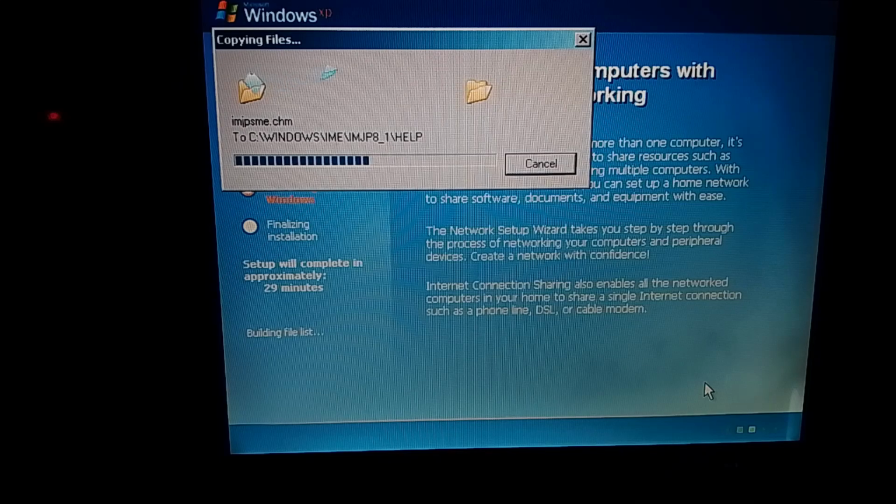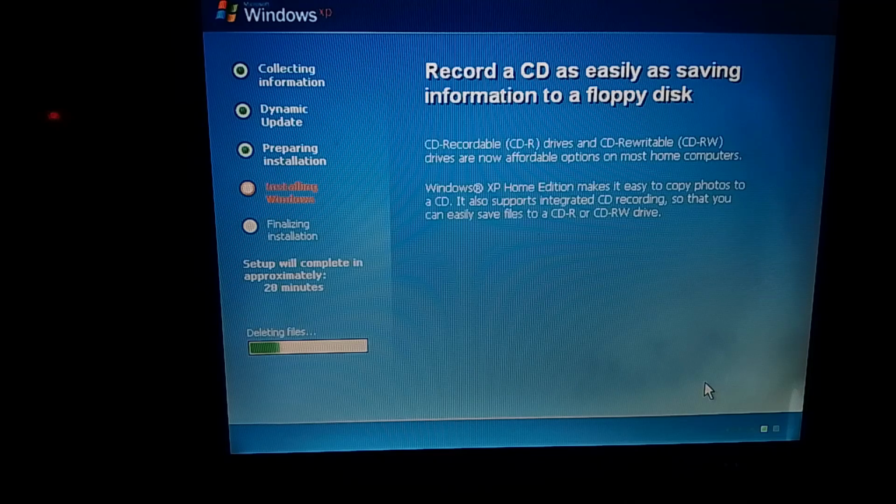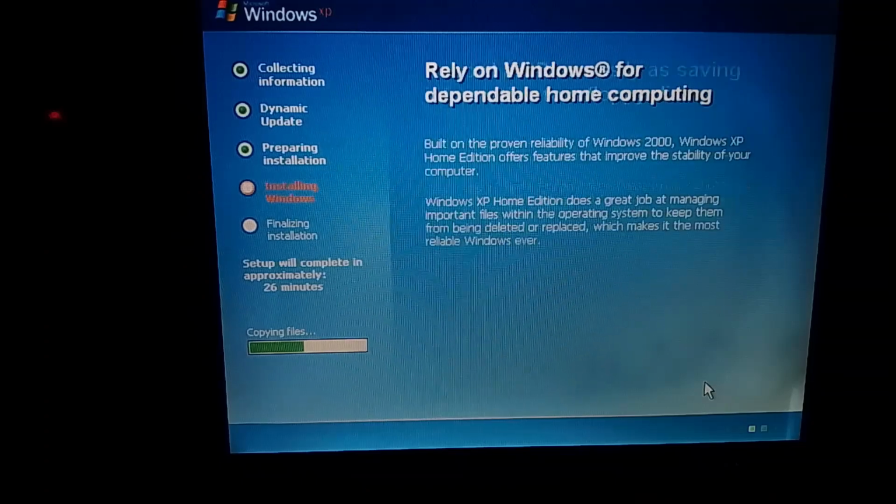Seems to be copying some applications to Windows. Fonts. Maybe it has to copy certain files over. So when Windows is copying files, it doesn't need to copy the entire files over, but from an original Windows XP installation. Or maybe it copies some files that set up and configuration for Windows XP Starter. Sorry, I wouldn't say Windows 7 then. Sorry about that. I'm only used to seeing Windows 7 Starter,